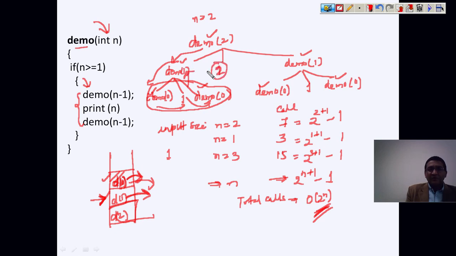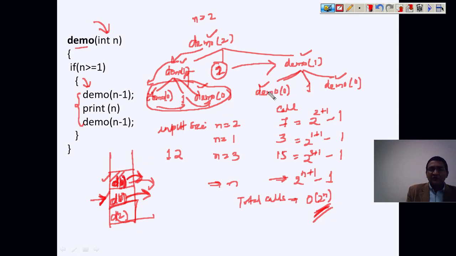Now you get this 2, and now when you move here, you will find that demo1 is being called. So again you push d1 here. It was empty, now again you are pushing d1, and then you move further and find demo0, so you push d0 here.